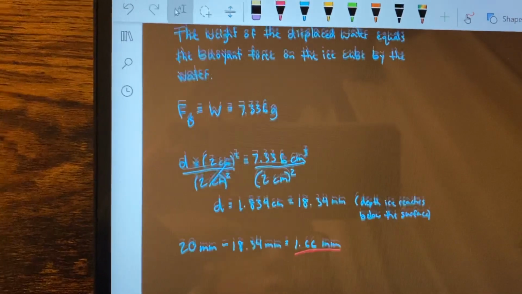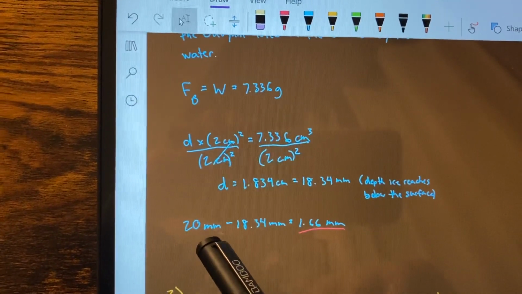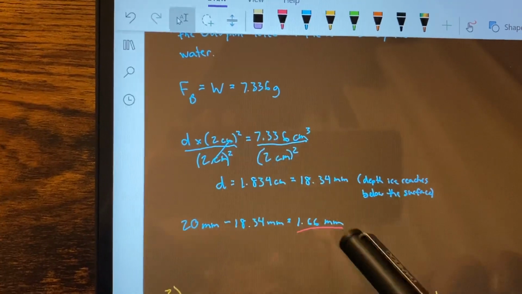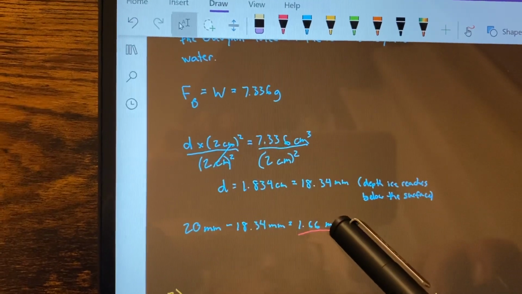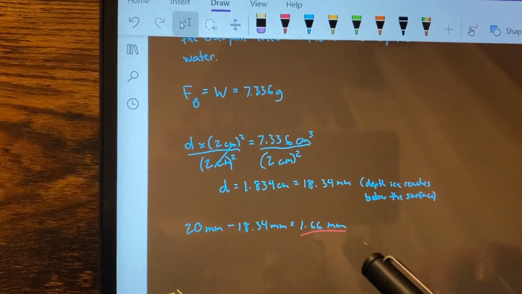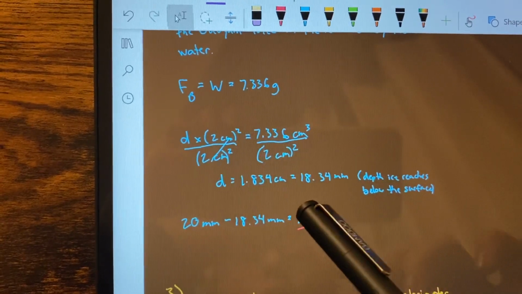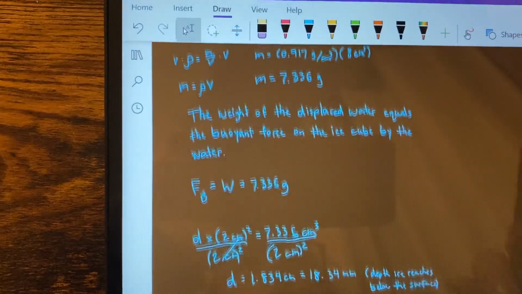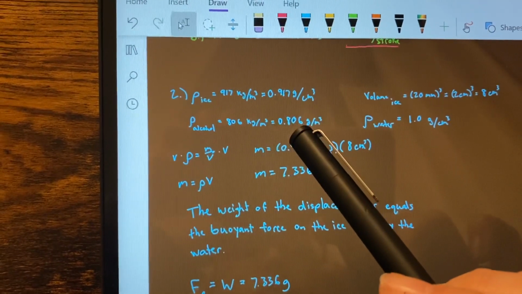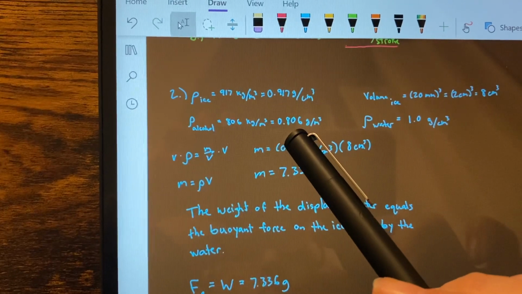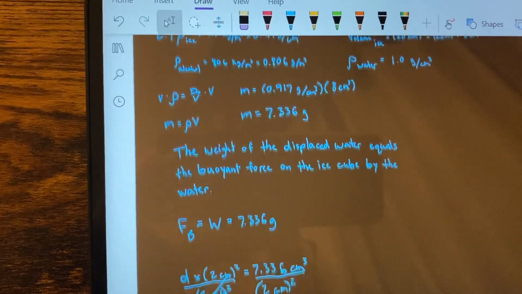And then if you just subtract, because we know that the one side of the ice was 20 millimeters, you get 1.66 millimeters, which was above the surface of the water. That's the thickness of the layer of the ethyl alcohol that would be needed. And we know from the problem that ethyl alcohol's density is less than water, and so when we pour it on top of the water, it will stay on top,